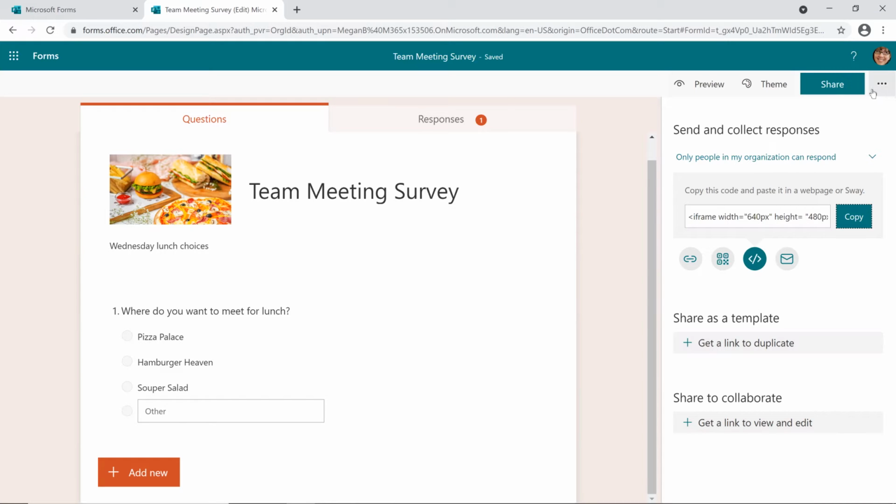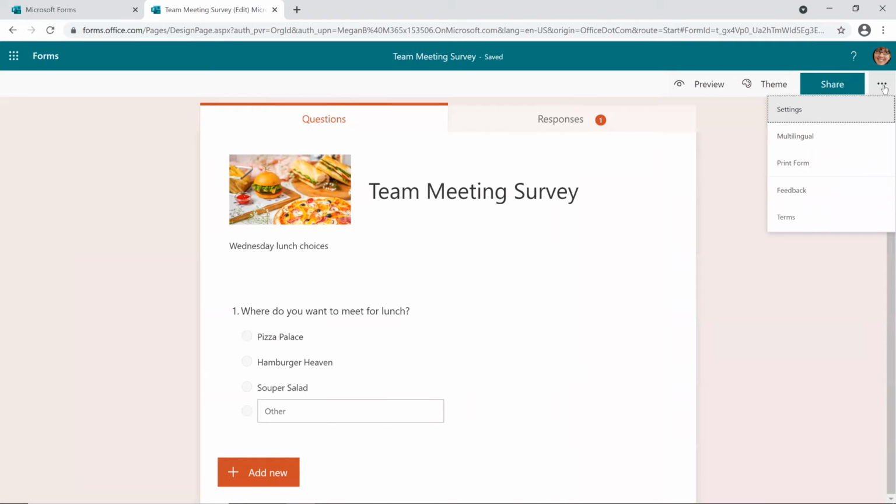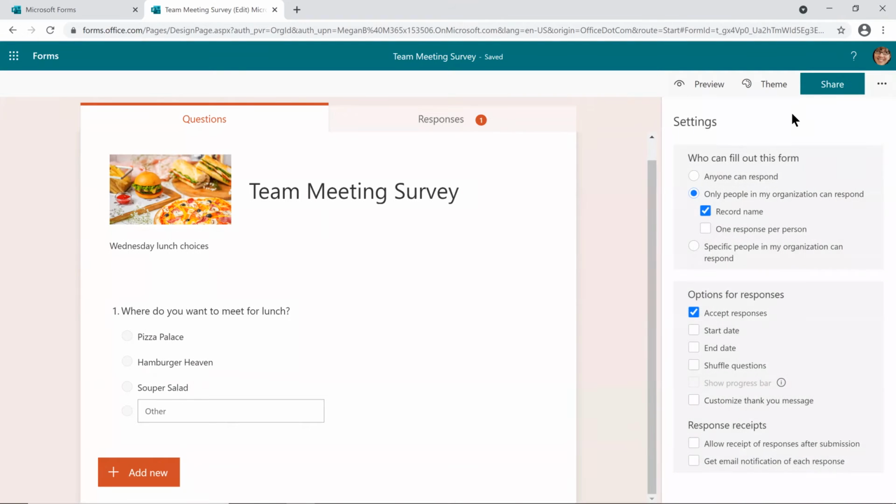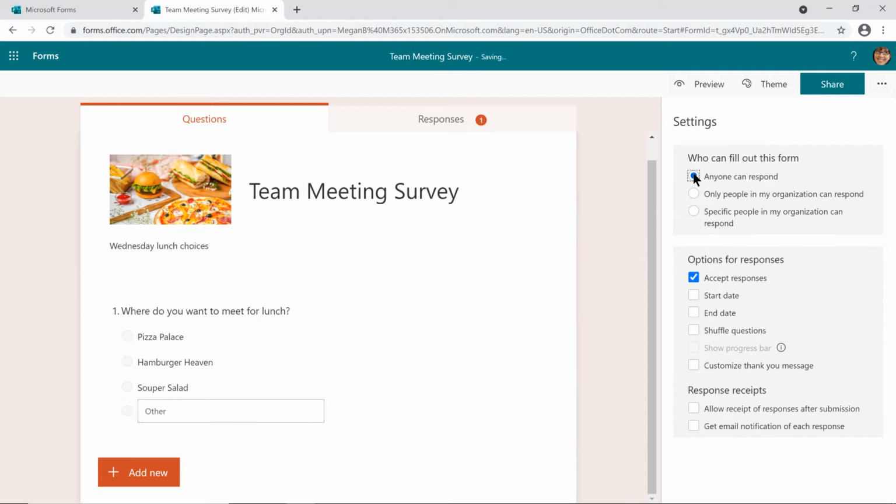Let's take this a little bit further. The next option has to do with settings. And so each one of our forms will have this available to us. And let's go to the settings. And who is going to be able to fill out the form? So it might only be people in your organization, people that share the same email. Or anyone could respond. That might be something you open up to. Once again, what's your audience? And if it's within your organization, or if you say anyone can respond,